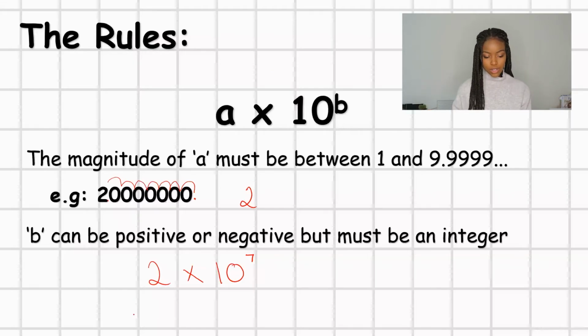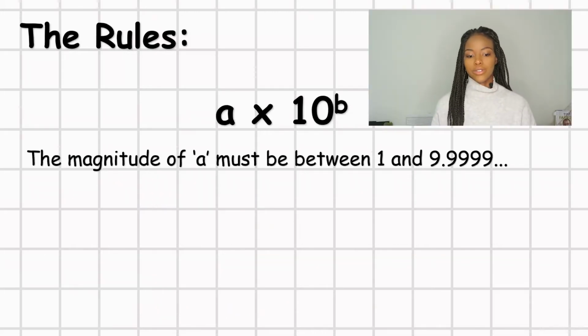If I was to write this in number form, we would see that this equals 2 times 10 times 10 times 10 times 10, 7 times, basically. And as we begin to multiply the 2 by 10 all these times, it gains a 0 at each place. And that is why standard form works. If we go through the rules again with another example, here we have